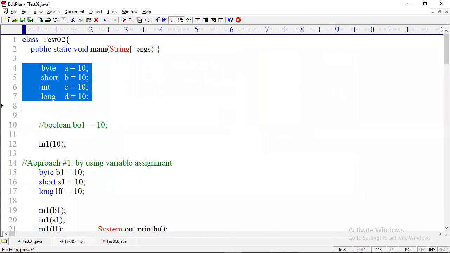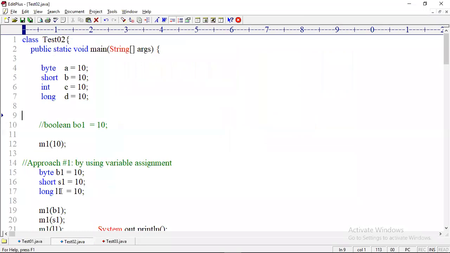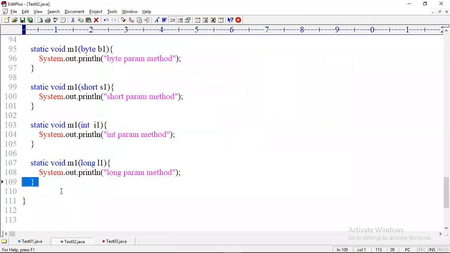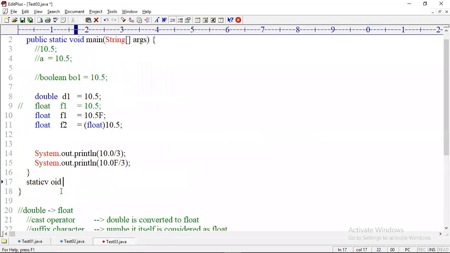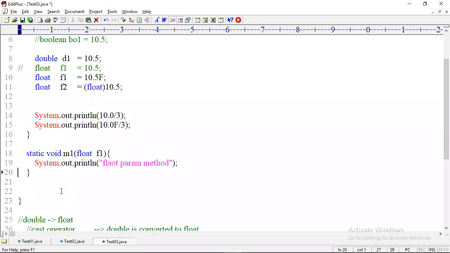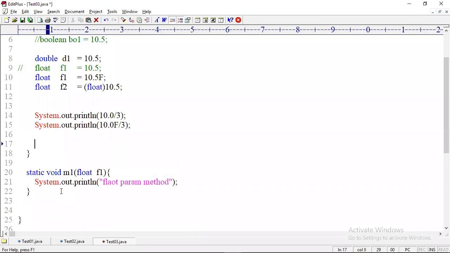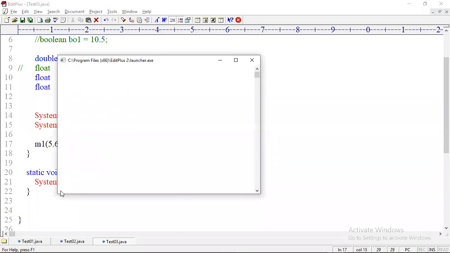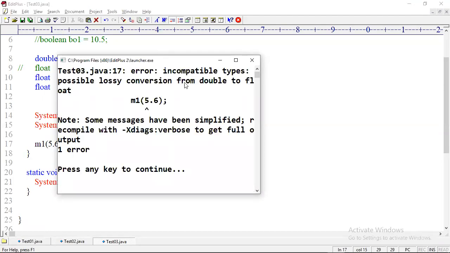Static void, let me comment from here. Float f1, float param. Okay, double I will not write. First I'll write float only. I'm writing here m1 of 5.6. Then we'll get a compile time error. Look at that.